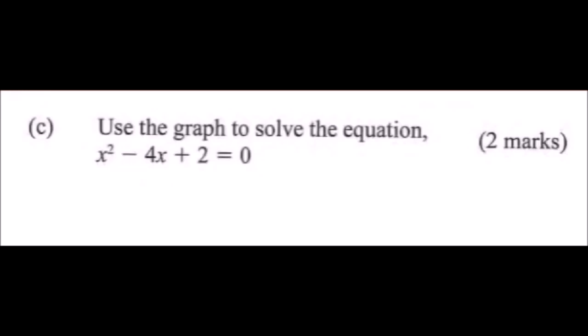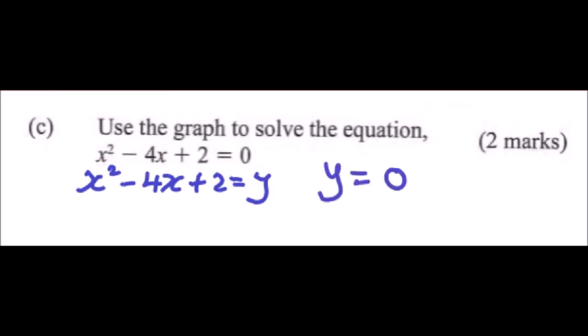is equals to 0. And remember our function was x squared minus 4x plus 2 is equals to y. So what it means is we find the values of x when y is equated to 0. So what we are required here is to find the values of x when y is equals to 0. The values of x will be those points where the graph cuts the x-axis, because that is where our y is 0. So let's go back to our graph and see what are the values of x